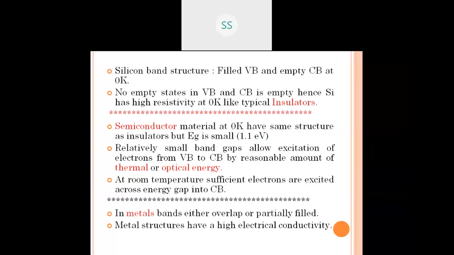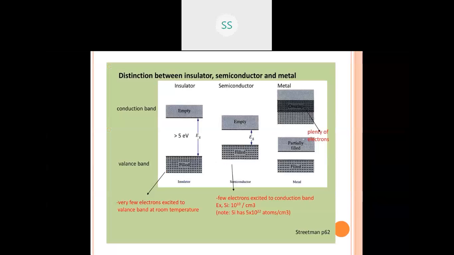And later we started with how materials are classified as metals, semiconductors and insulators based on the properties of the bands. When is it called a metal, what is the band structure of a semiconductor, and what is the band structure of an insulator? This is a brief summary about semiconductors, metals and insulators. I think in the notes I also provided all the information in detail, and with this picture it is possible to clearly classify them. This diagram is a must whenever you are asked to write about this classification. You will have to show this band diagram in order to write the explanation for the distinction between insulator, semiconductor